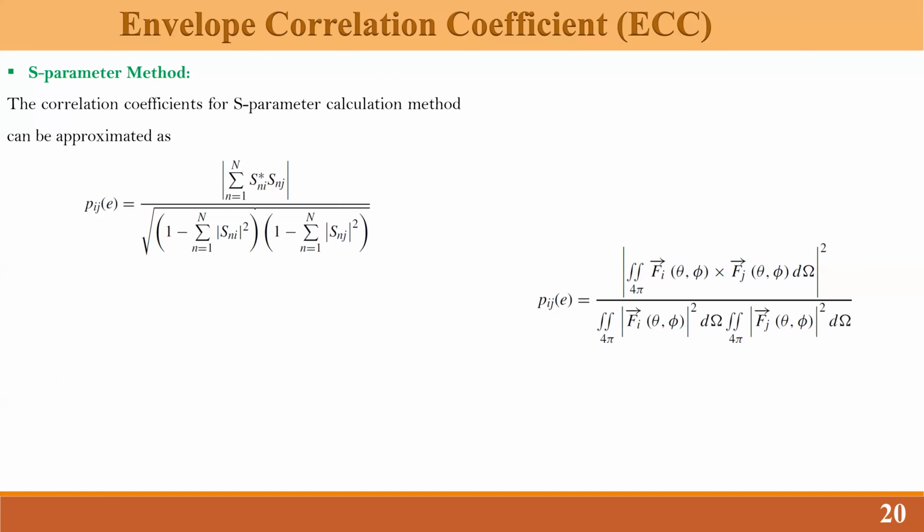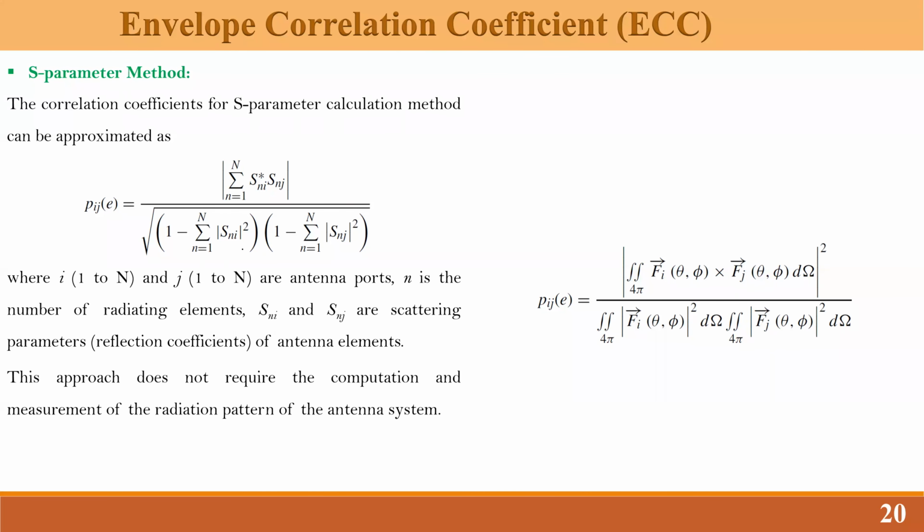In this case, you are dealing with the reflected signal. So you are dealing with the reflection coefficients of the signals, getting the parameters from your measurement, and putting them in these expressions to get your ECC value. This method is very fast. But the problem is that this S-parameter method sometimes estimates inaccurate values of ECC,